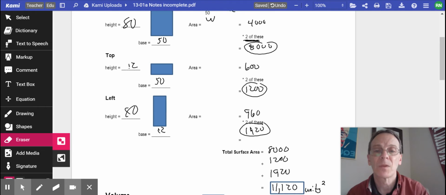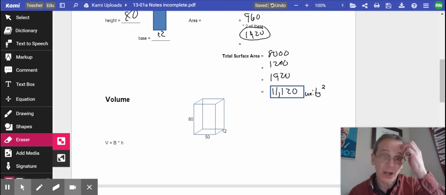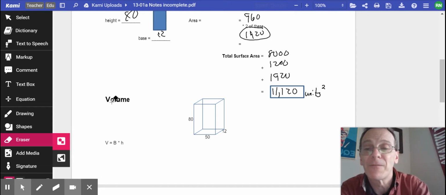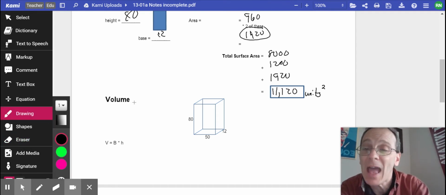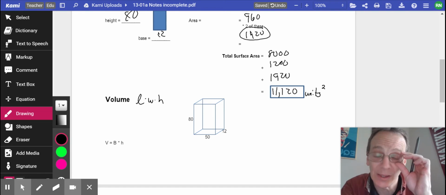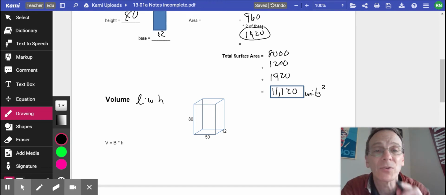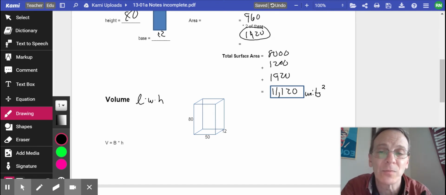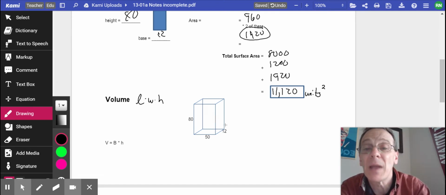Now, the second thing that we're talking about in this lesson is volume. And to calculate the volume of a rectangular prism, that's where you would use length times width times height. And I think everybody's learned length times width times height, but you have to understand the difference between surface area and volume. Let's imagine we had units for these measures,